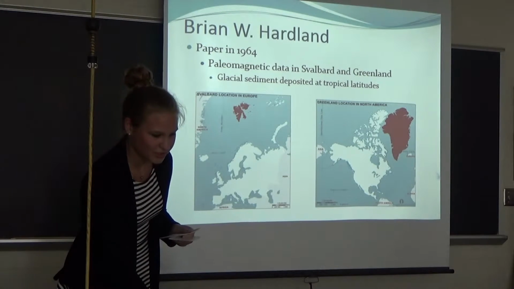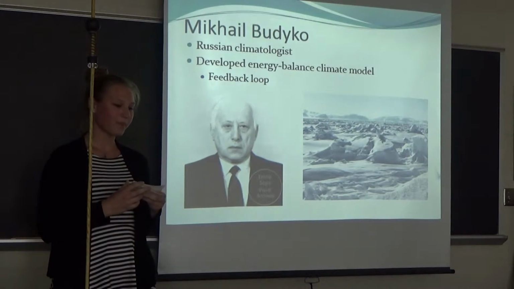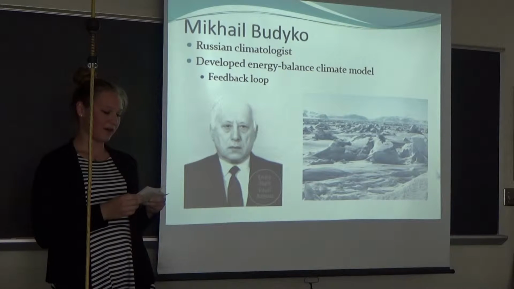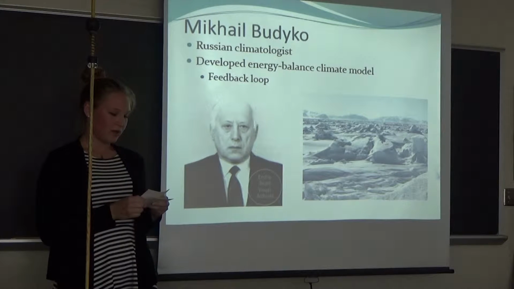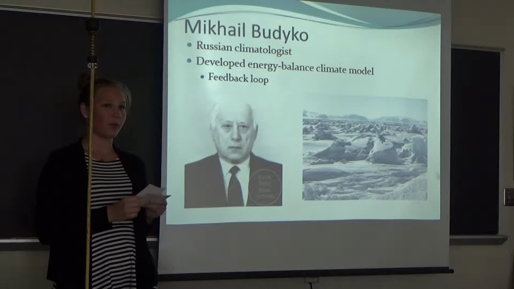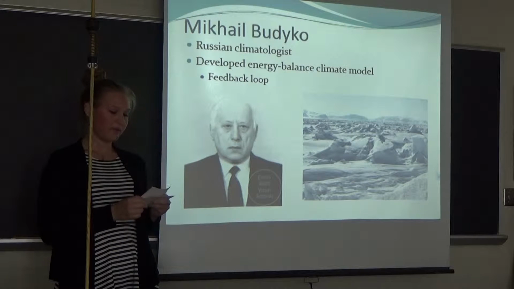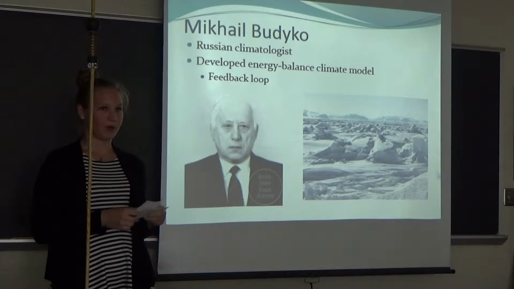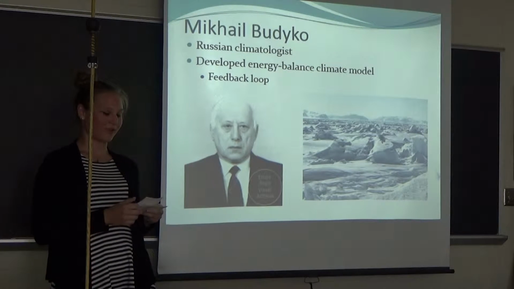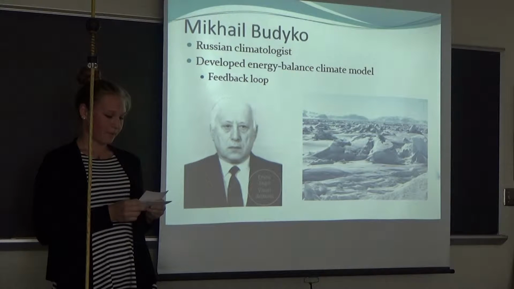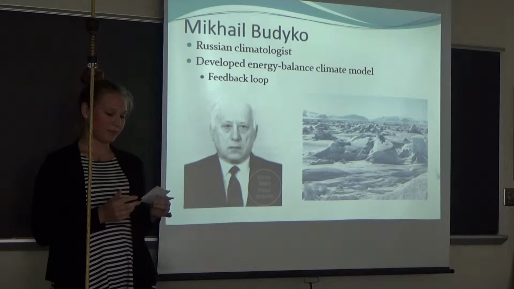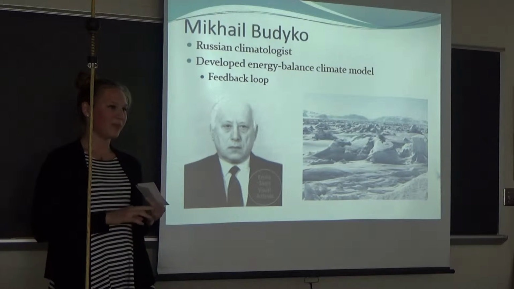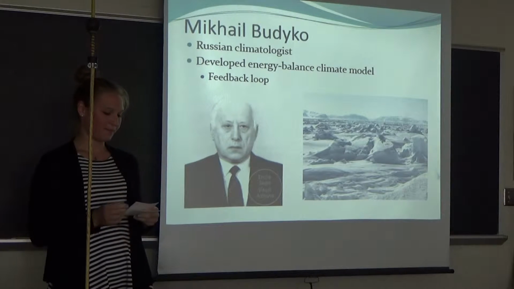Next, we're going to talk about the Russian climatologist Mikhail Budko. He developed an energy balance climate model to look at the effect of ice cover on global climate. He found that if ice sheets advanced far enough out of the polar regions, a feedback loop ensued, where the increased albedo of the ice led to further cooling and more ice formation until the entire Earth was covered in ice. His model showed that an ice-albedo instability could happen, but he concluded that it never had because his model didn't provide a way out of this.